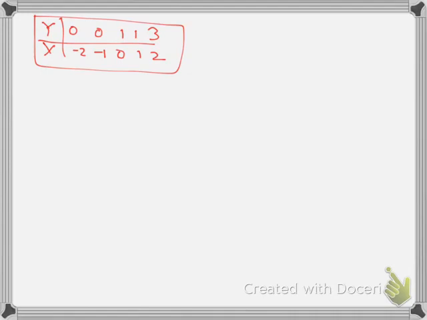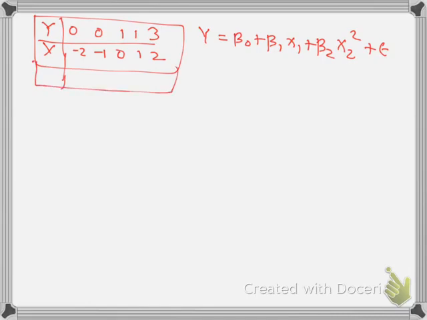Same data, but the model that we want to fit this time is y equal to beta naught plus beta 1 x1 plus beta 2 x2 square plus some error term. So we want to include another item here in our list. So we're going to have that as x squared, which is square of -2 is 4, square of 1 is 1, square of 2 is 4. So if I write down my design matrix